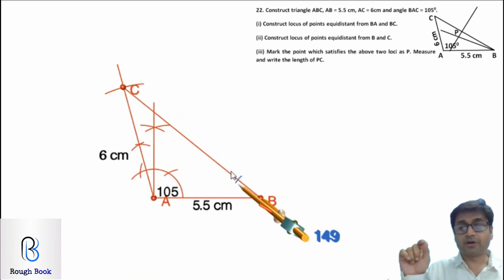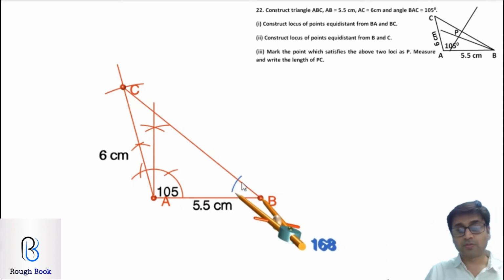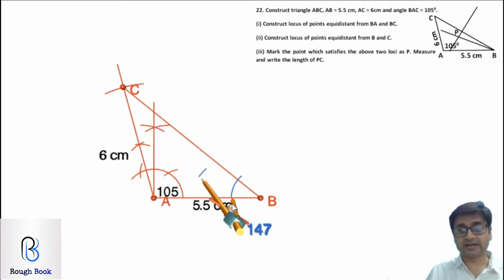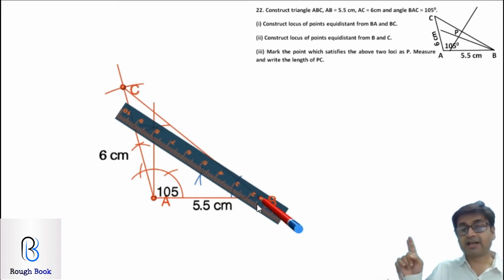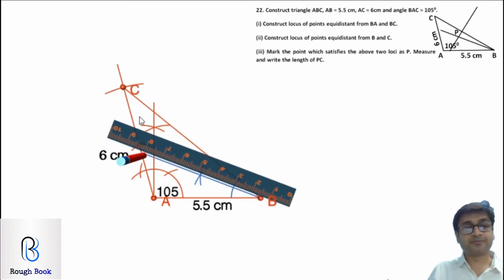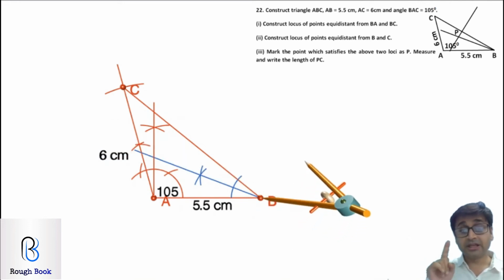So keep your compass on point B, cut an arc of suitable radius. And then from these 2 points on BC and BA, cut further arcs. So one from here, extend it slightly. And now without changing from this point, cut your second arc. So we got the angle bisector for angle CBA. Join this point of intersection with B and you will get your angle bisector. This angle bisector is basically nothing else but locus of points equidistant from BA and BC. Are you getting it now? BA, BC, 2 sides. Locus means angle bisector.